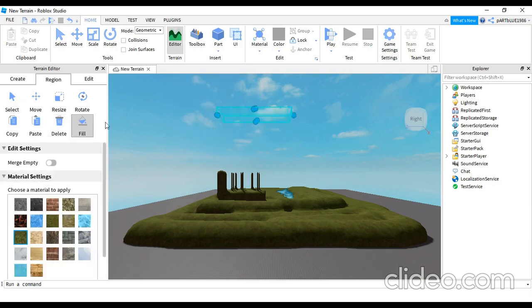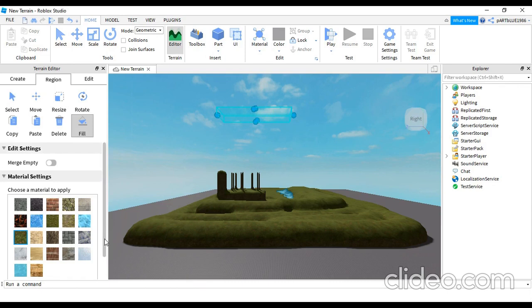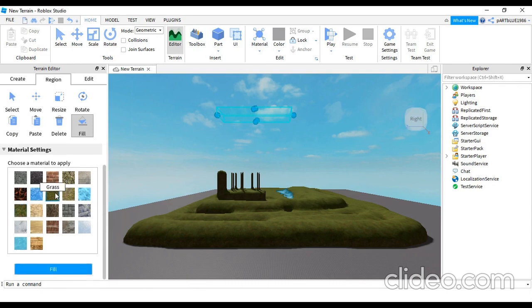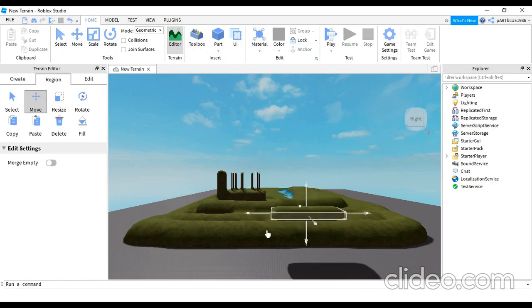So now we are going to talk about the fill. Here we have to create a selection wherever you want in the air. Somewhere here I have already made a selection. Now I will click on fill. I will get a lot of options here. Whichever you want you can choose. I will choose grass and then click on fill. So everything is getting filled up, whatever selection you have made. This is useful when you want to fill a particular selection with something, and once you are done with filling it up, you can move it wherever you want. It is specifically used when you want to create some shapes and fill them up, and accordingly you can move them wherever you want, right?